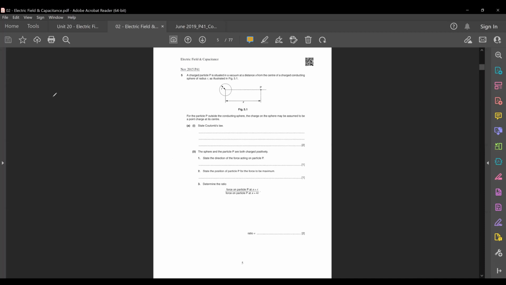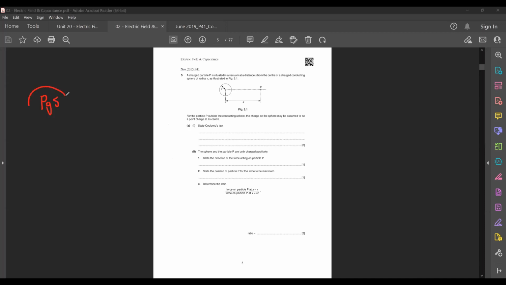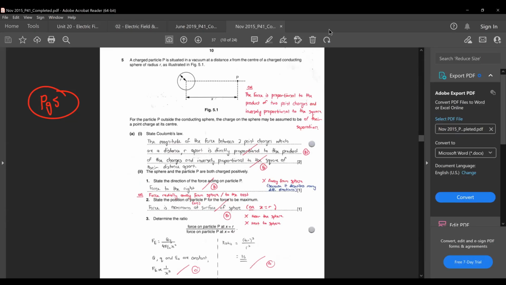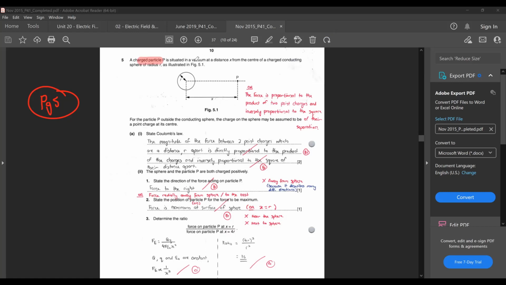Have a look at your worksheet, page 5. This is November 15, P41. Okay. So for page 5 of your topical worksheet, you have a charged particle P that is situated in a